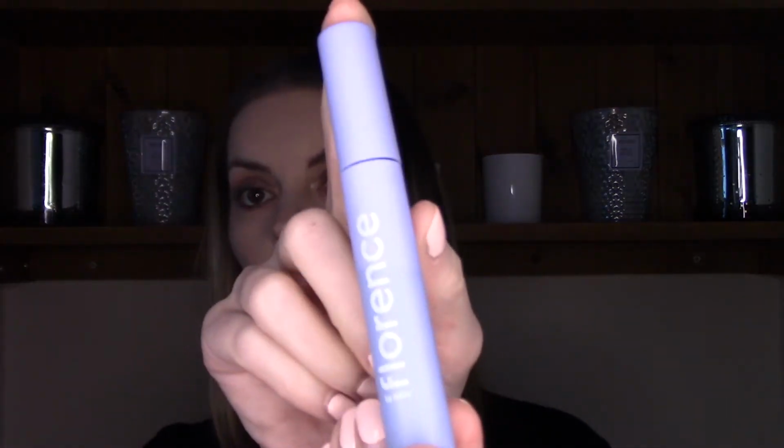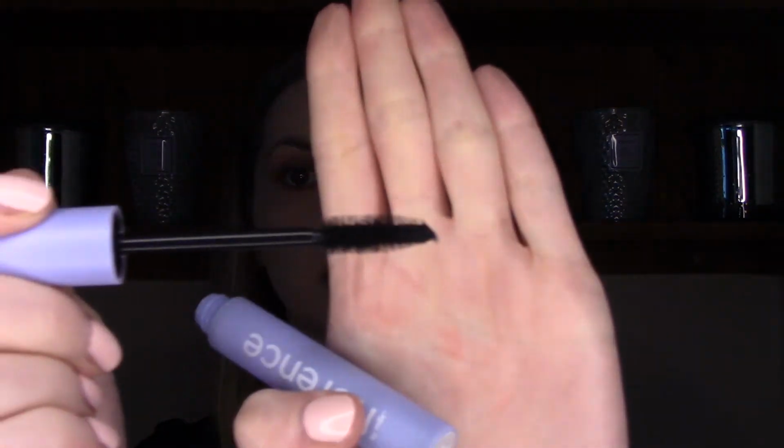For mascara, I'm going to use the Florence Built to Lash mascara. Now it's interesting, I can see again, this is only 2/3 full. Packaging is deceiving us today. There's the brush. Giving my lashes a nice kind of spidery length. Quite a dry formula. You're not going to get dramatic lashes with this, but then